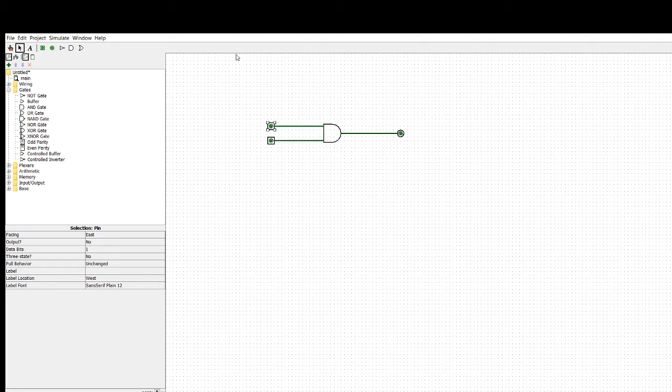While making the connections, every time you pick components, this arrow mark symbol should be taken. If you want to give some comments, go to A, edit text. You can type text here. Wherever you want to type, just click over there and type A. So that is one of the inputs. The second input is B, and the output is going to be F. This is the name I am assuming. Okay, I just made it.